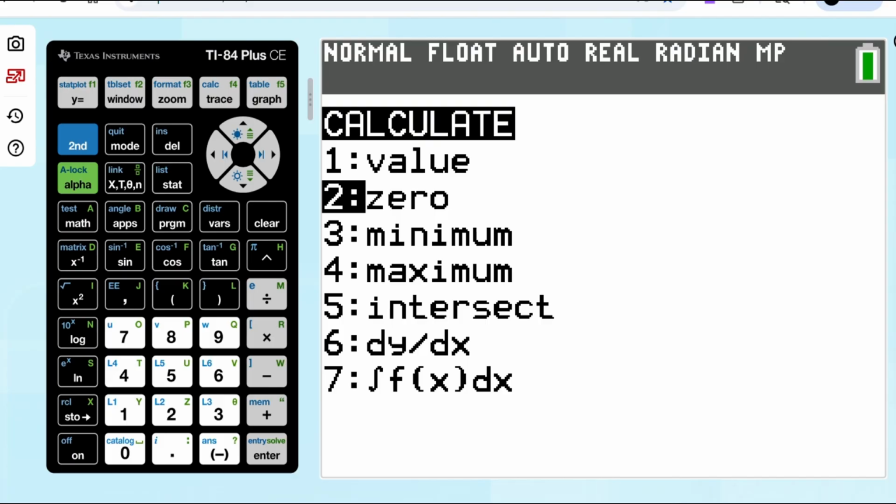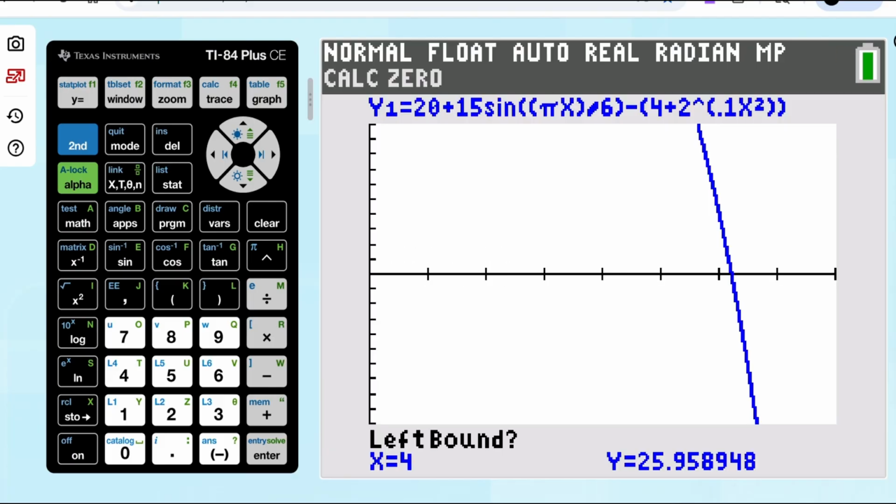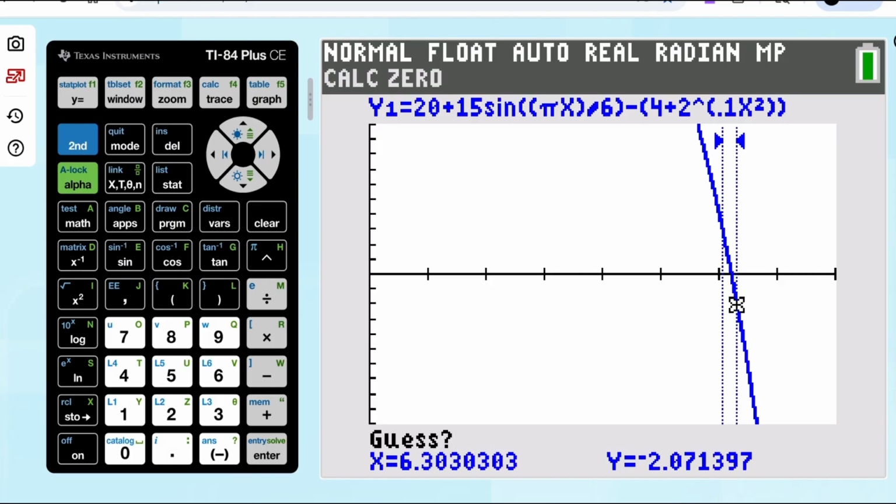And we're going to use option 2 for 0 because that finds us the 0 or the x-intercept. And we can see right now we're set at x equals 4. So we can see that clearly our intercept is to the right of that. So I'll just go to the right until my cursor is on the screen and clearly to the left of my x-intercept. I'll hit enter. Now it says right bound. I'll go till I'm to the right of the x-intercept and I'll hit enter. And I'll hit enter once more and we get